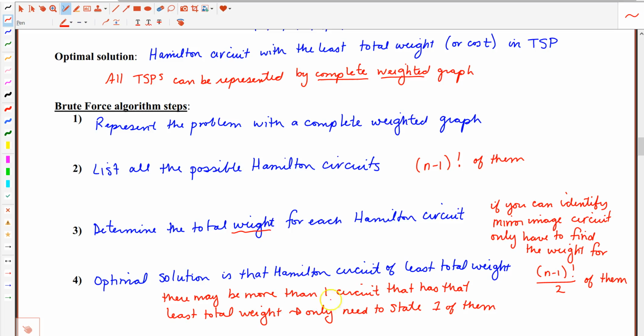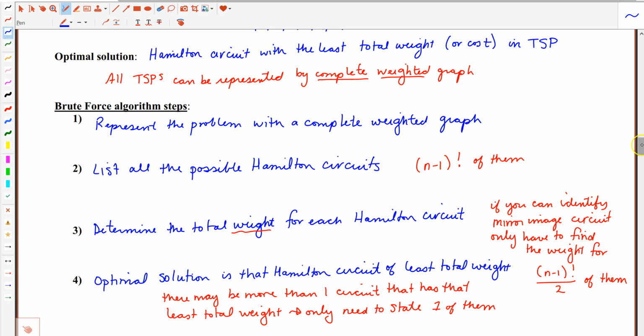When you go to state it, if it's a free response question, you don't have to state both the circuit and its mirror image. You only have to state one of those flavors, unless there's an extra requirement in the problem. So for instance, it says that you have to go to a particular vertex second before you come home. Then you have to make sure you state the circuit that satisfies those conditions. But you would have taken those conditions into effect when you went to list all the possible Hamilton circuits. Now that we have the steps for the brute force algorithm recorded,